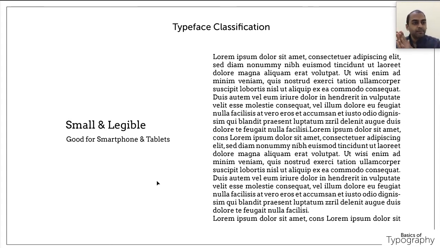So if you have a myth that slab serif font is a revolutionary font, that it will be used only for communicating a stronger message, that only in such cases slab serif font has to be used, and apart from that never use it, that is actually a myth. It is not the case. Slab serif font works really well in body text also. It depends on where you are using it.